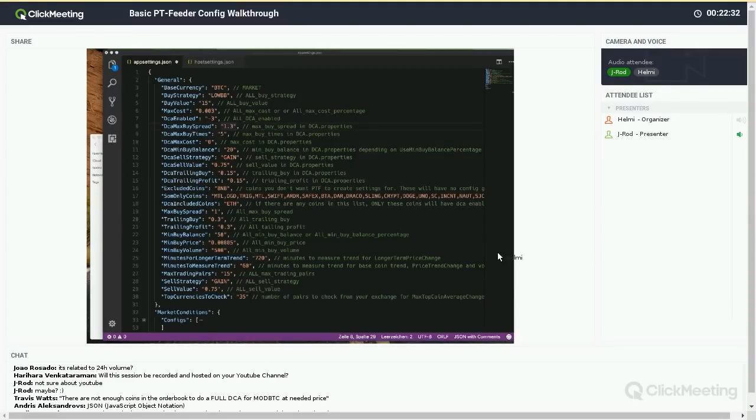So you think you've DCA'd the full amount, but you haven't, and that kind of throws the numbers off. So if you set this value to make sure that there's enough volume to accomplish your buy, that keeps your numbers cleaner. By all means, you don't have to, but